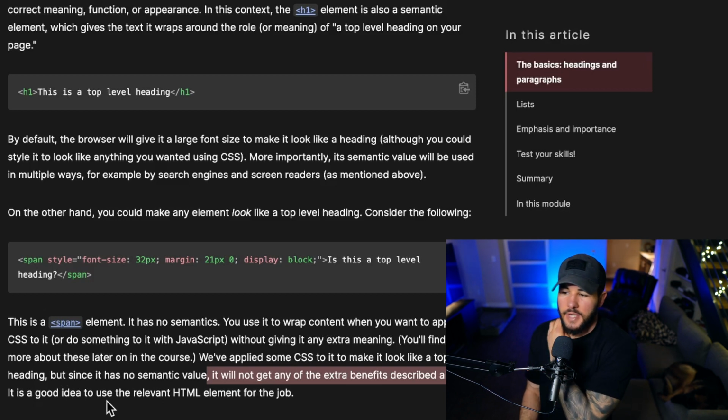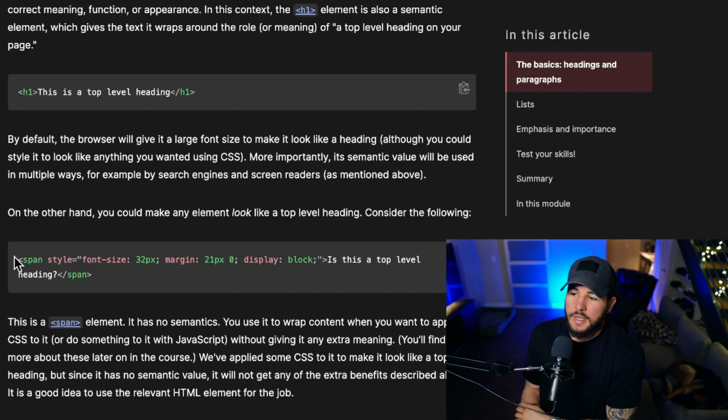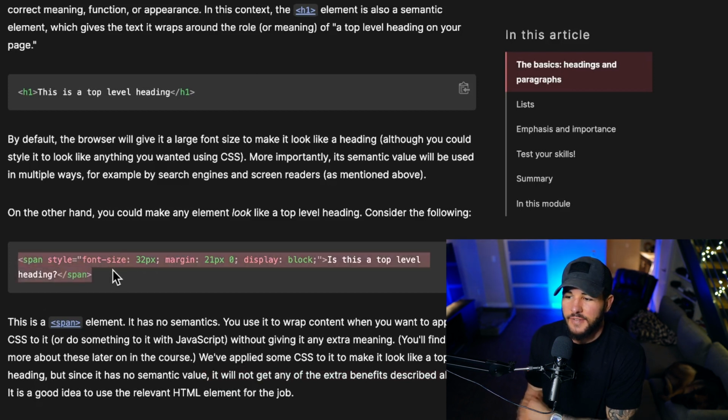So it's a good idea to use the relevant HTML element for the job. So if you find yourself doing a bunch of stuff like this, where you have text and you're just wrapping it in a span element and customizing it that way, it's probably not the best idea. It's probably much better to use something more semantic, like a paragraph tag or an H4 element or something like that. Okay. So those are the fundamentals of headings and